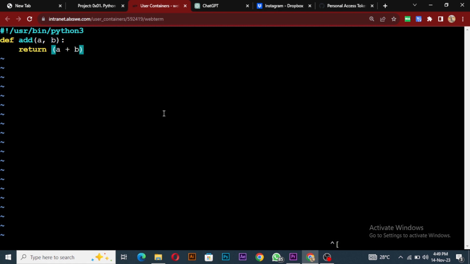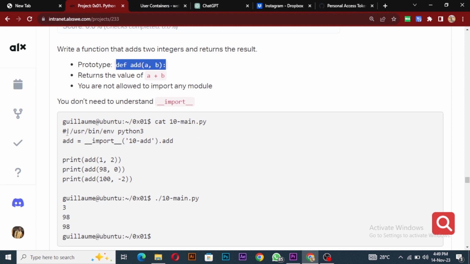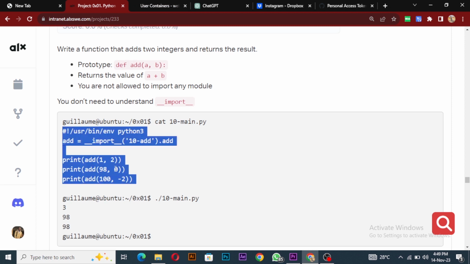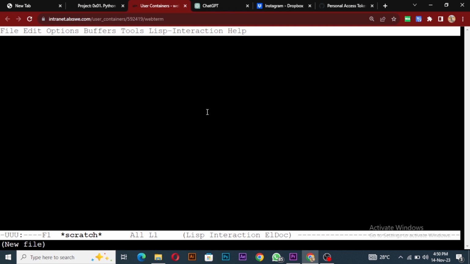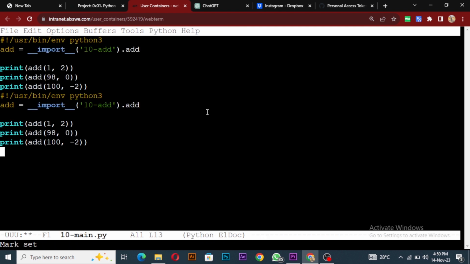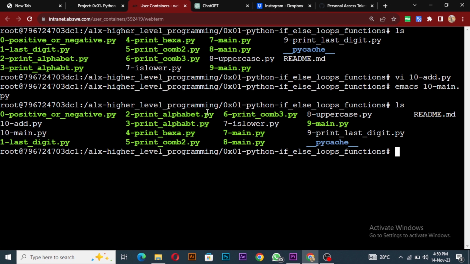It's as simple as that, and then we can test it with our main file, which is 10min.py. Copy this and paste it there. So we could use emacs 10min.py, and then paste it. It's raining again. So you save it and then you exit it. Integers. 10 main.py. Okay, so add